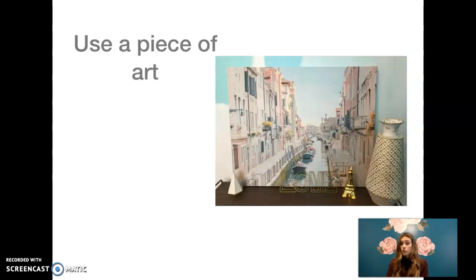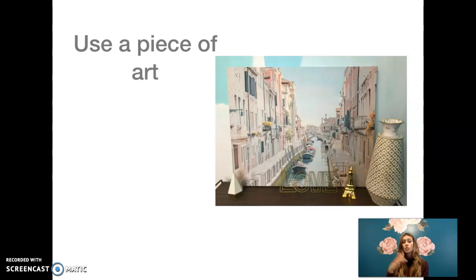So how can you choose to find a color scheme? Maybe you already have a color scheme in mind. Maybe you already have a color scheme going in your space. That's great. A couple ways that you can find a pre-made color scheme for you could be picking out a